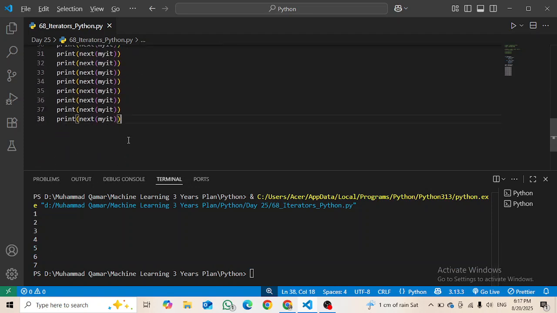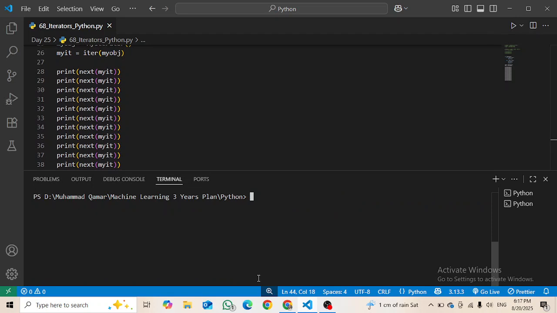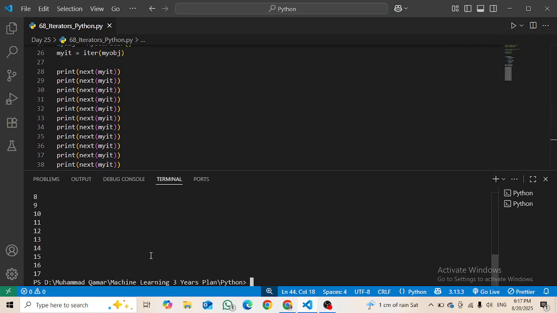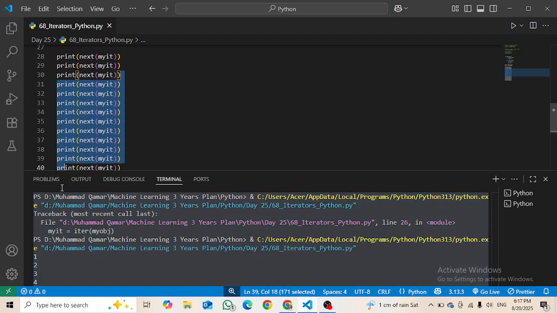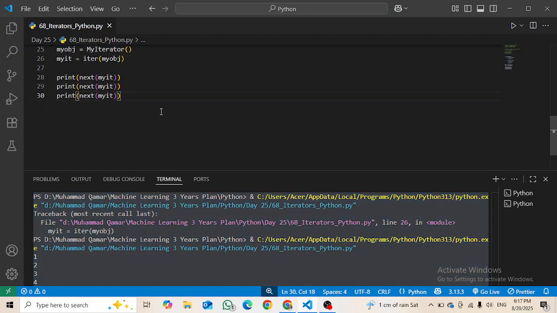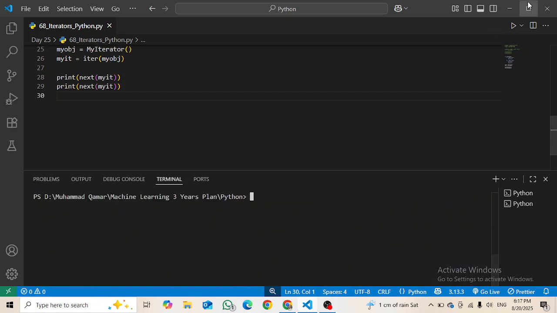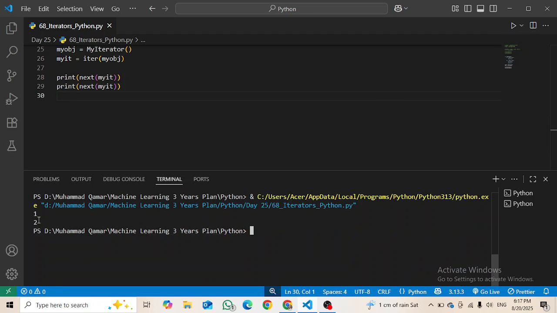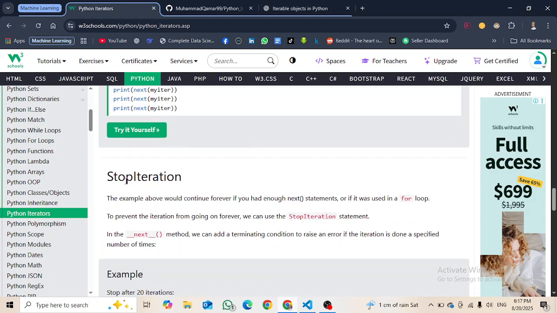Let's say I make some more copies of this. Now before running it I have to clear the terminal, then I run it, and here you can see it is 17 times right now. Let's say it is just 2 times, and the rest of them I am going to remove, clear the terminal again, run it, and here you can see 1 2 are printing. So clear it again.